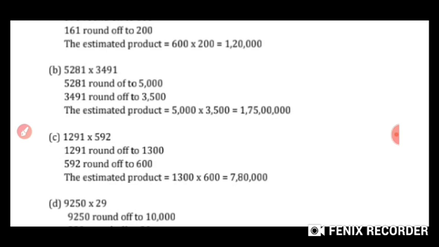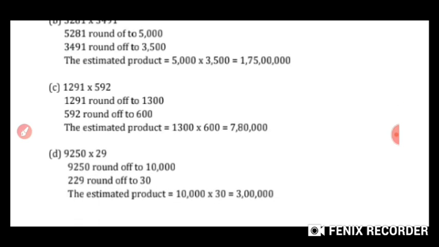Okay, if you multiply those values, you get 1.75 lakh. Now it's clear, no? If 3 digits are given, round to the 100 place; if 4 digits are given, round to the 1000 place. See the D example: first a 4 digit number is given, second a 2 digit number. The 4 digit means the 1000 place, 2 digit means the 10 place. Now for the 1000 place, after 9 which number is there? 2, that is a weak number.